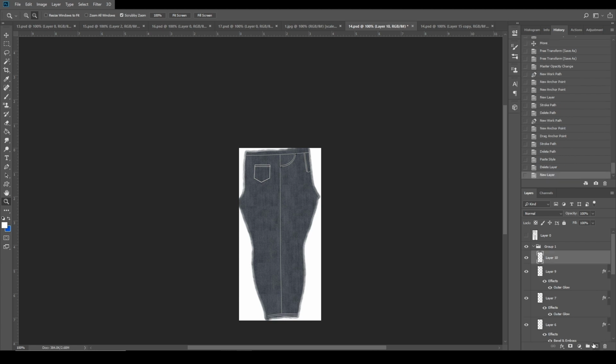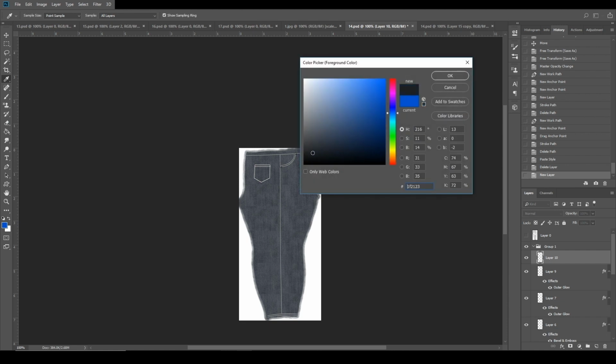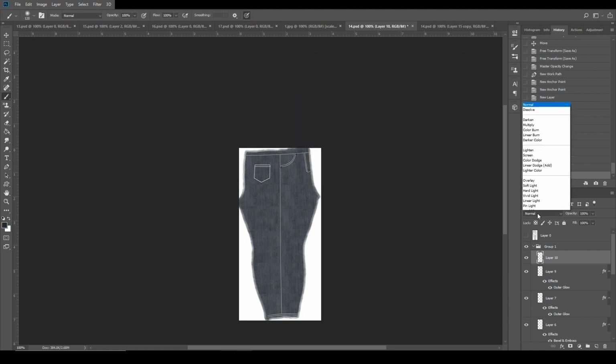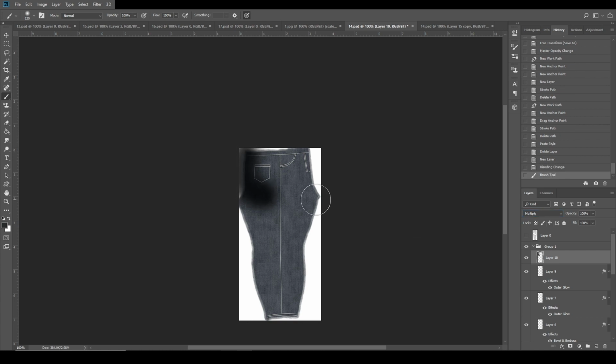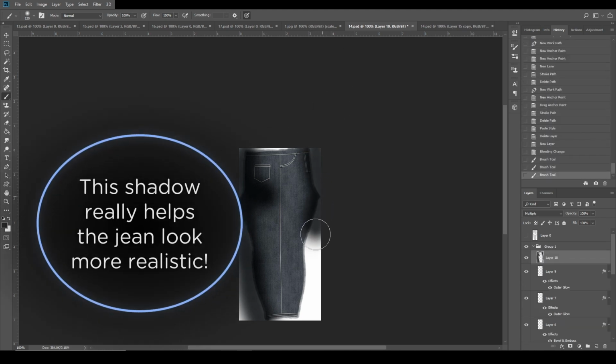So now on this stage we're gonna start making the shadows in our work. So we just pretty much make a new layer, get a soft brush. Make sure we're using black here, or a little grayish. Put soft light. I like to use soft light or multiply, they both work. And just go around and play around with the brush, making sure we get a nice